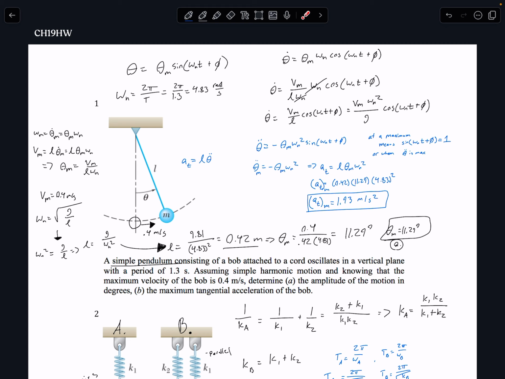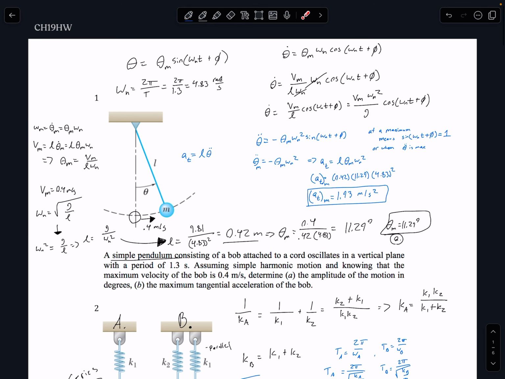And then we know our theta m is going to be equal to 11.29 degrees because we have our V max, our length, and our omega n, and we get our max is 11.29 degrees. Then we can sub in some of these guys over here to our theta m. Omega n's cancel and such, but